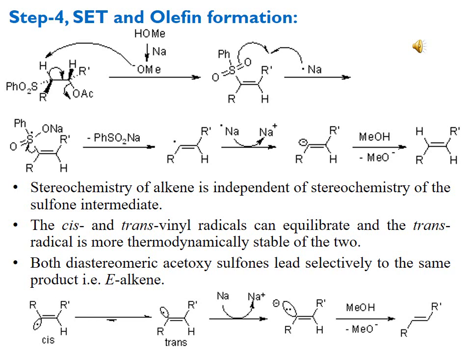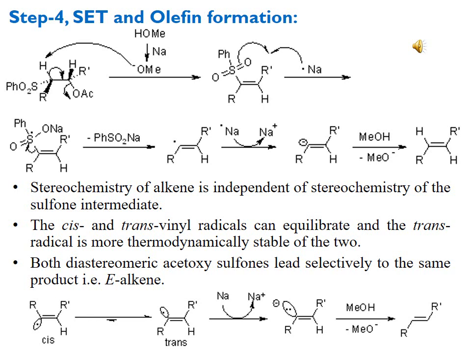In the next step you see that sulfur contains an odd number of electrons, so it becomes a radical, and the oxygen gets a negative charge because it gains one electron from the sodium, and sodium gets a positive charge, and we get a salt in which sulfur has an odd number of electrons,